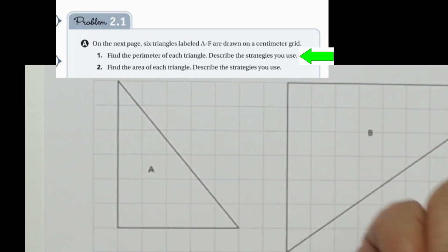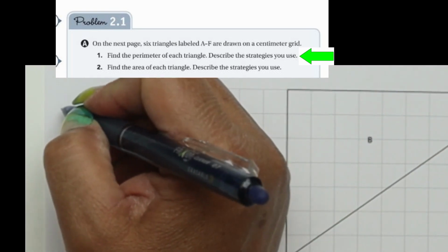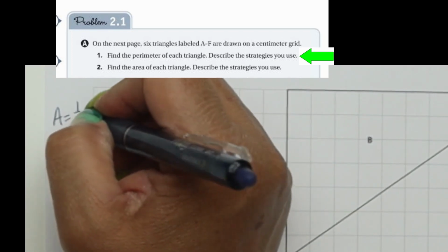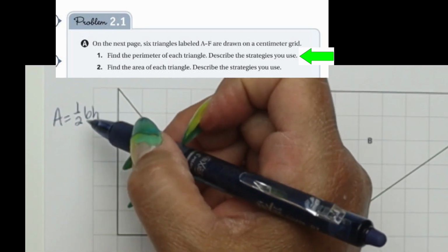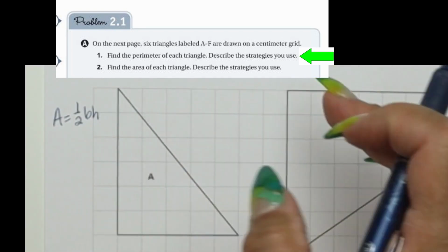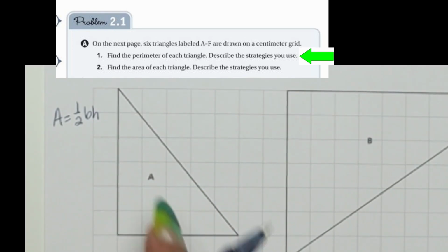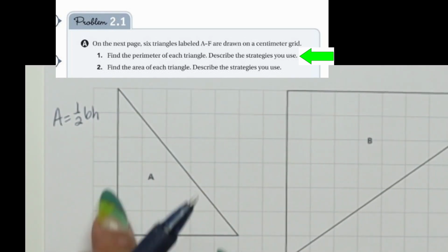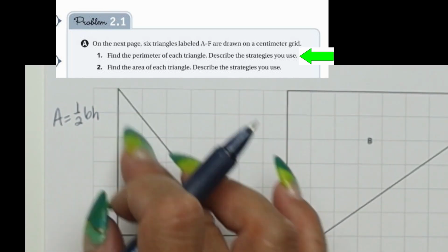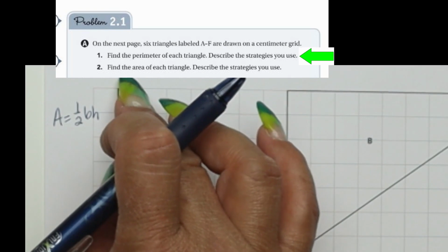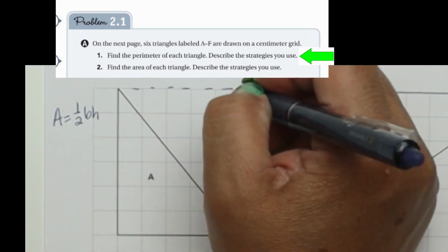For the purpose of distance learning, I'm going to give you the formula. Area equals 1/2 the base times the height. Now remember 1/2 because it's half of the rectangle. The base is the length, and the height is the width of a rectangle. But for the purposes of a triangle, they call it the base and the height. But if we were to draw this rectangle,